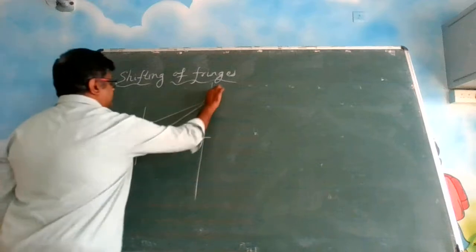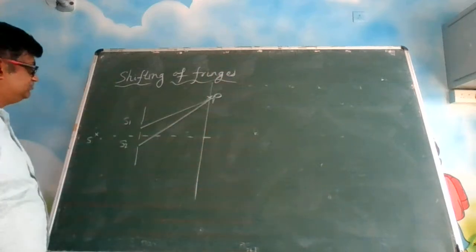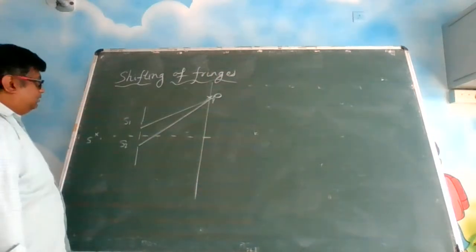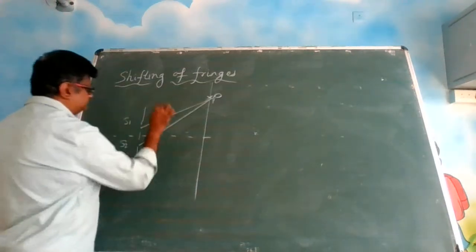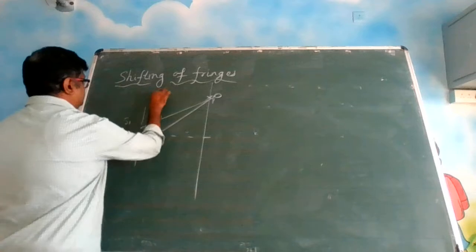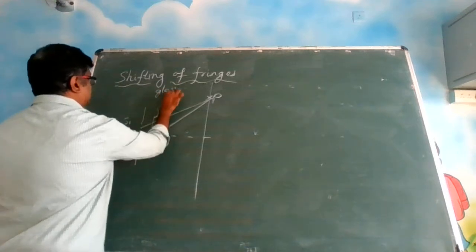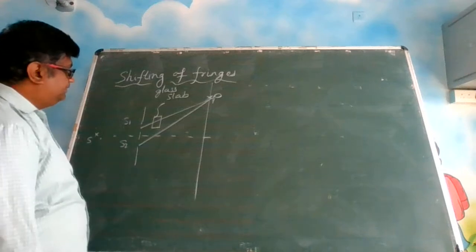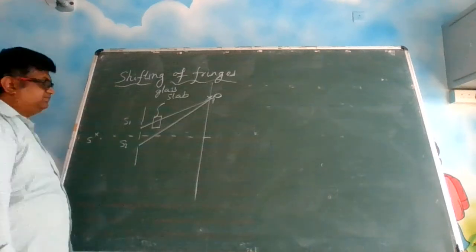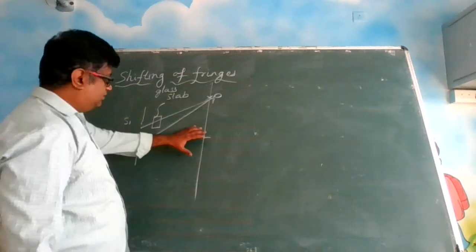S1P, S2P. Now let us say I put a glass slab here. What happens is, the fringes, what you see here on the screen,